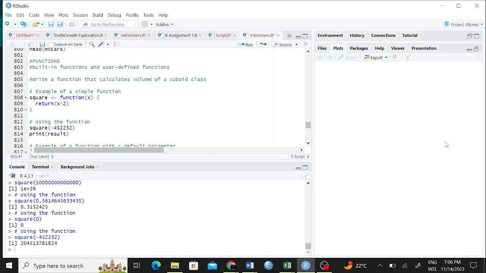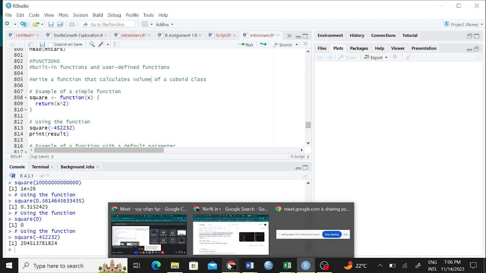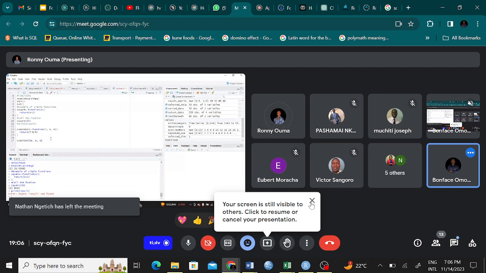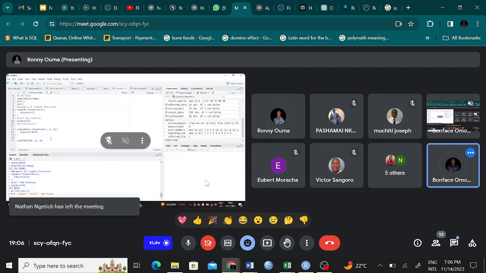Okay, here is the function cuboid volume. Then the parameters, the arguments are here. So this is length, base times height. That's the formula, and height. Those are the parameters. Okay, continue.